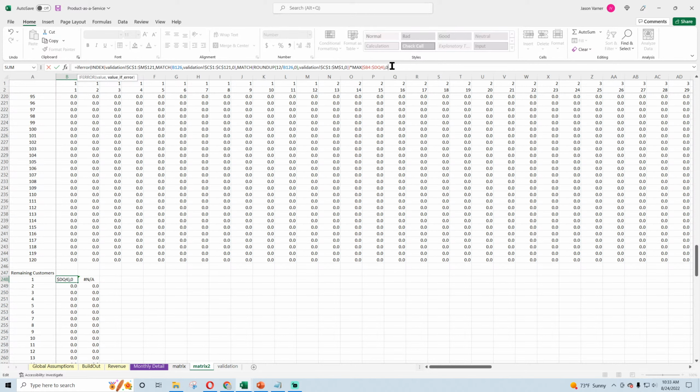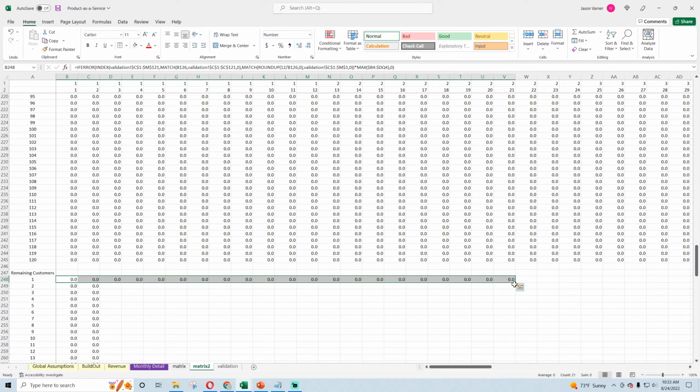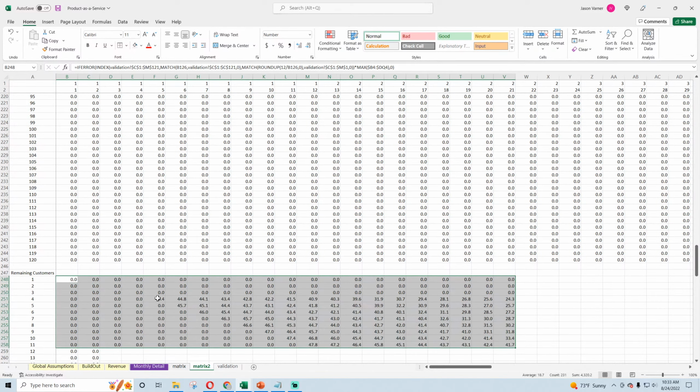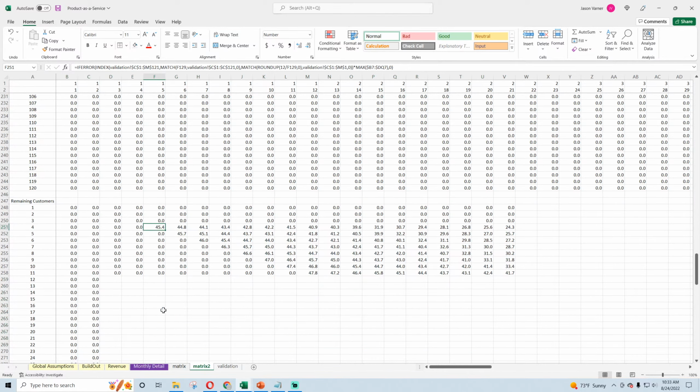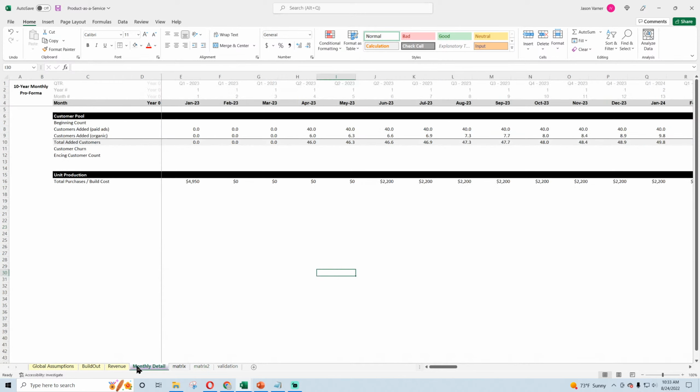Now when we drag this down, we should get remaining customers of each cohort. So here, look at this. We had month 4, 45.4 joined, which, now hold, wait a second.